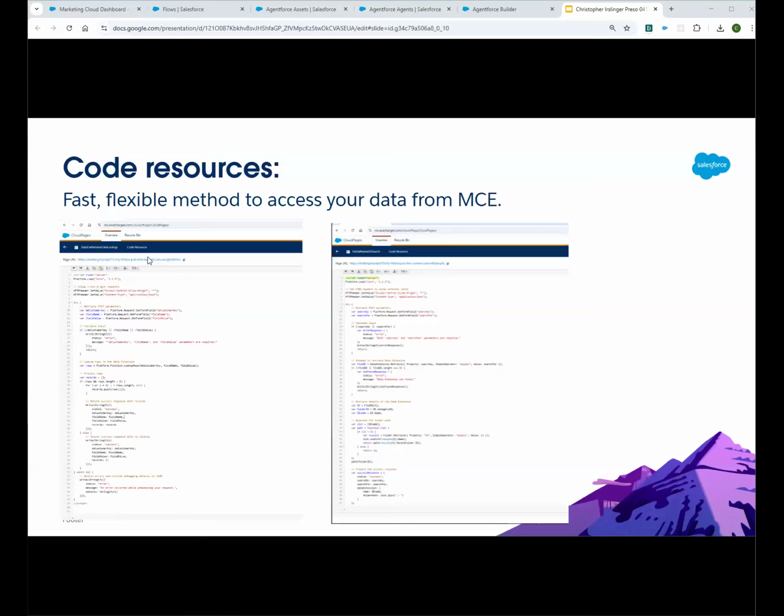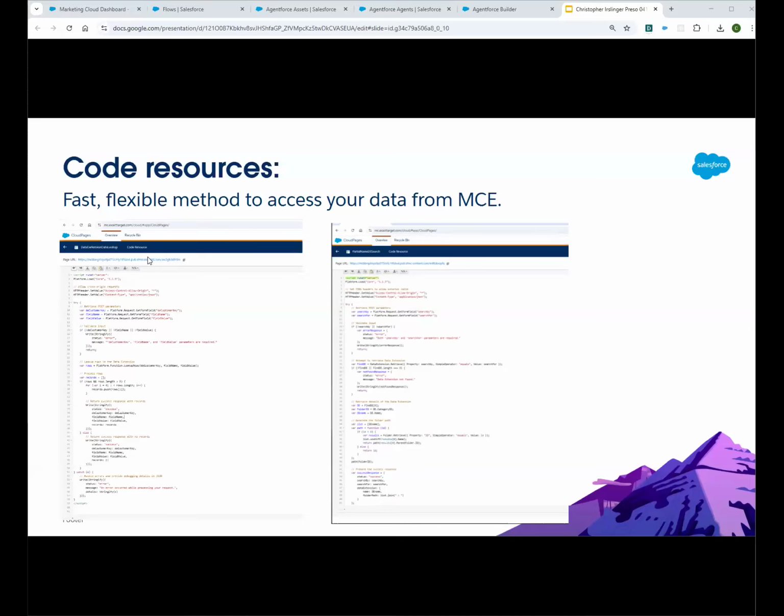Anyone that's worked on the MCE stack should be very familiar with Cloud Pages. Cloud Pages are remote pages where we can display content that can reference data inside of MCE. Super useful, collecting forms, pushing data, rendering stuff, lots of use cases, awesome stuff. Now, we don't want to display an HTML page. We don't want an external link. But one of the components of Cloud Pages are code resources. And code resources are JavaScript files that can run server-side and AMPscript to process information and pull out information from your MCE instance.